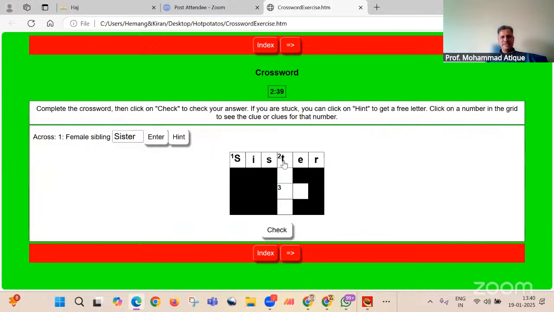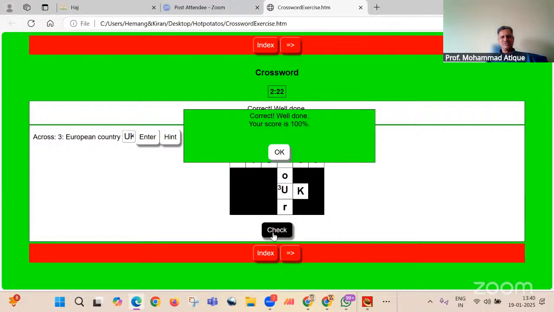Click on 2. Again the trip clue is there. So TOUR, tour. Hit the enter key. And if you click on this 3, you can very well put the answer. Now you can check the answers to see whether your score is 100% or not.